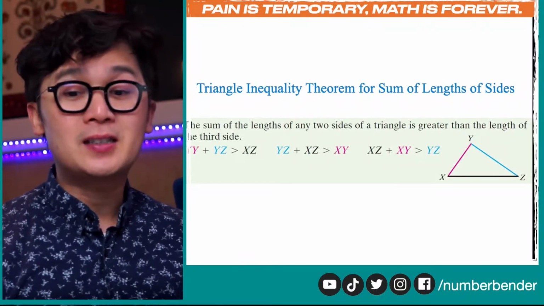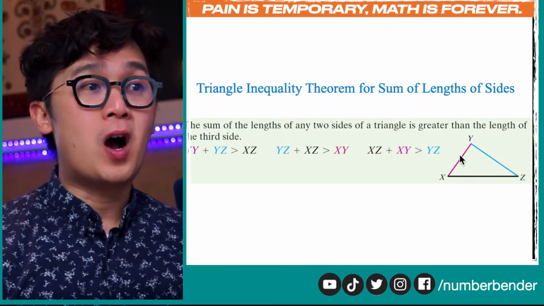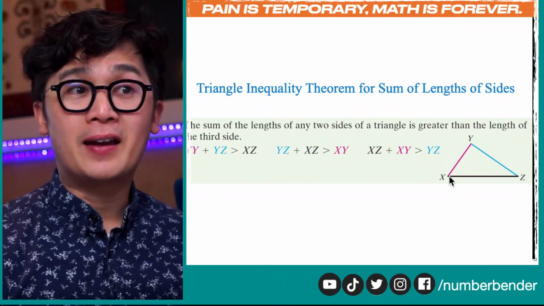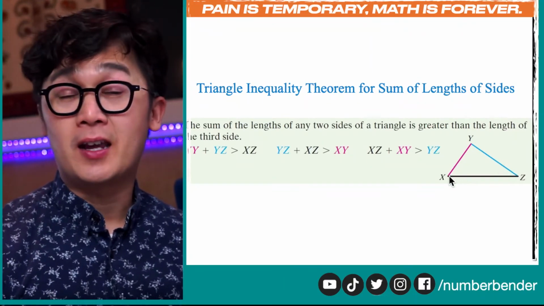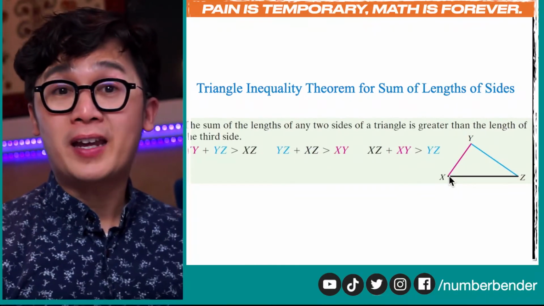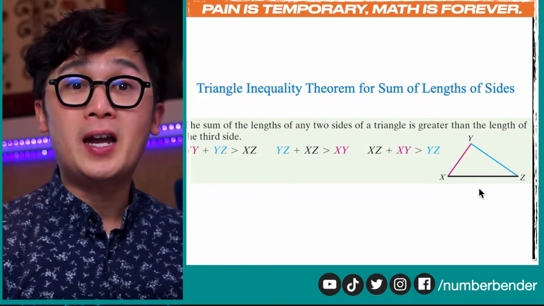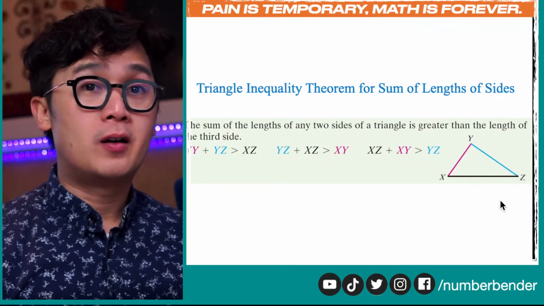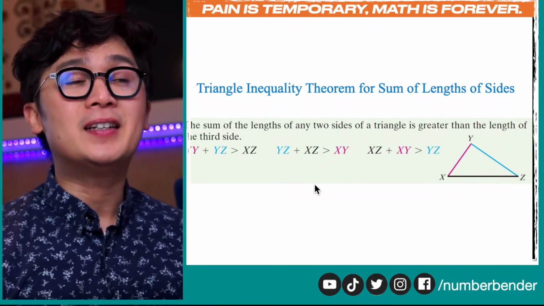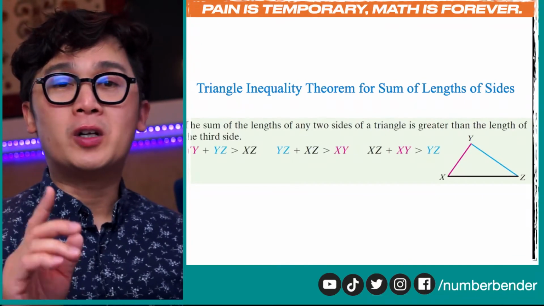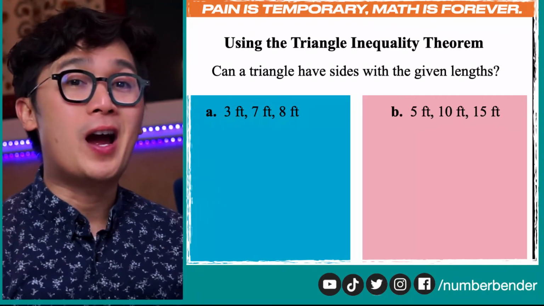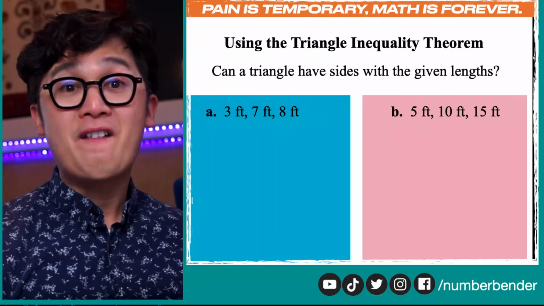So in this case, if we add XY and YZ, its length will always be greater than side XZ. And that is always going to be the case if we choose two sides and add them up, and it will always be longer than the third side. So that is this theorem, which we're going to be using to identify which of these two triangles are valid